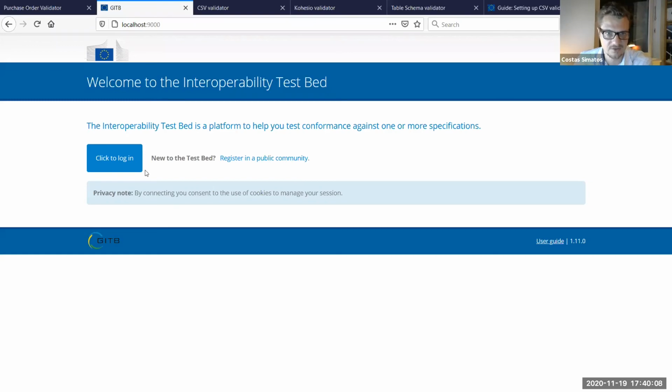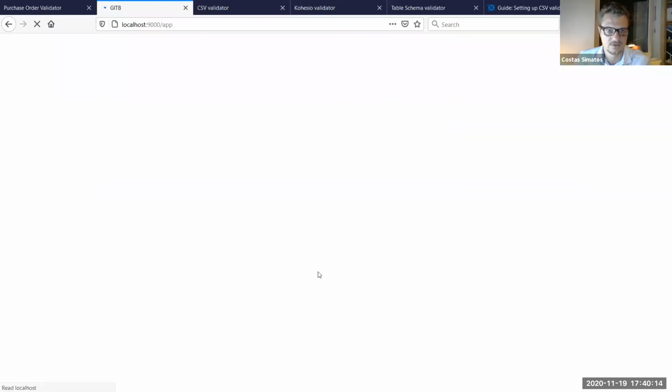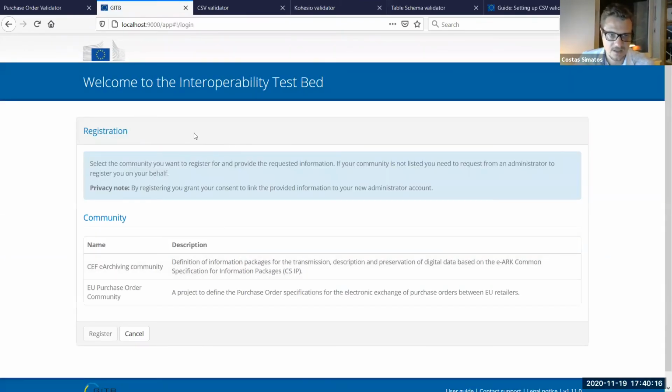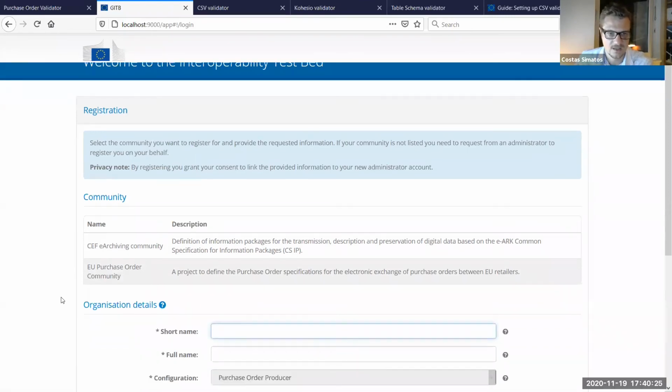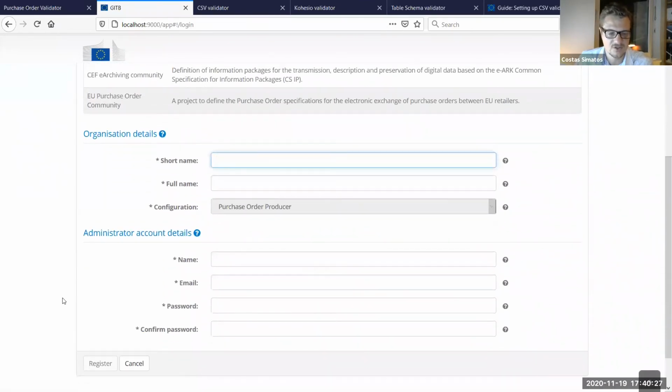I've already configured this in a community that is defined as public. So I'm going to click here to register in a publicly available community. I see here the registration screen where I have the different options available, and I see the EU purchase order community, which is my case. I'm going to click it. And here I need to provide some additional information that has been requested by the administrator. So I'm going to give some information. What is my organization's